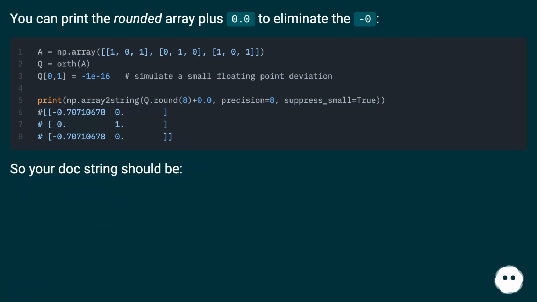You can print the rounded array plus 0.0 to eliminate the -0. So your docstring should be